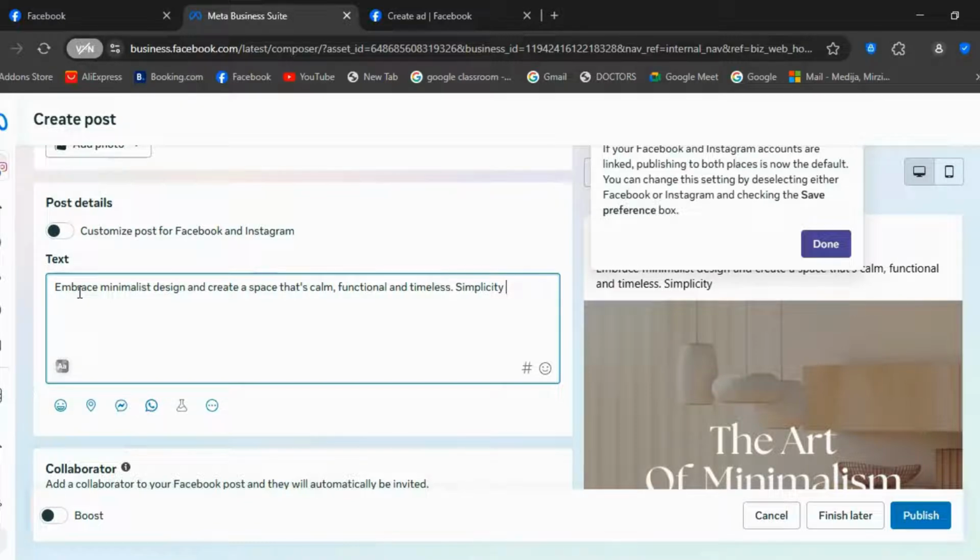Simplicity. Simplify your surroundings, and work, and elevate your lifestyle.